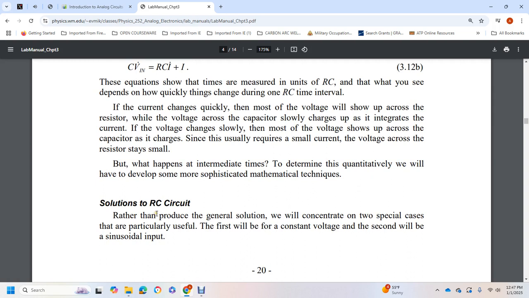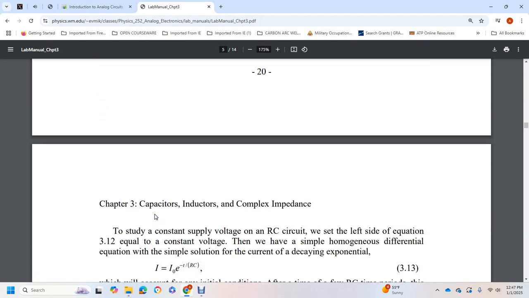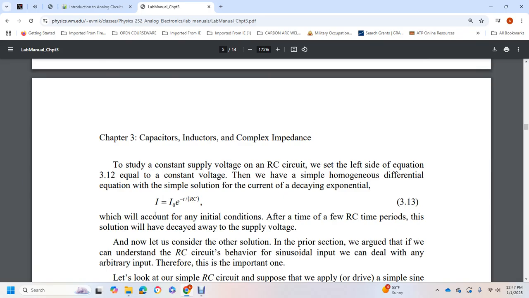Solution of the RC circuit. Rather than produce the general solution, we concentrate on two special cases that are particularly useful: the first with a constant voltage, and the second with a sinusoidal input. To study a constant supply of voltage on an RC circuit, with the left side of the equation equal to the constant voltage, we have a simple homogeneous differential equation with a simple solution for the current,